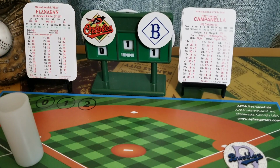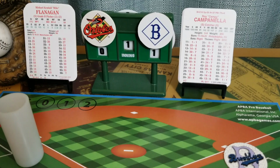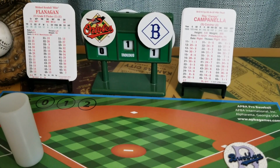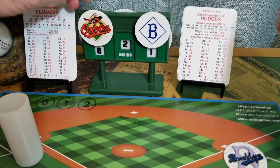Average speed at first, Roy Campanella, who in his career was a 3-time National League MVP winner. 32 is a 26 play result. Ground out to second base. Dodgers are retired in the bottom of the first, but they take a 1-0 lead. Top of the second inning,